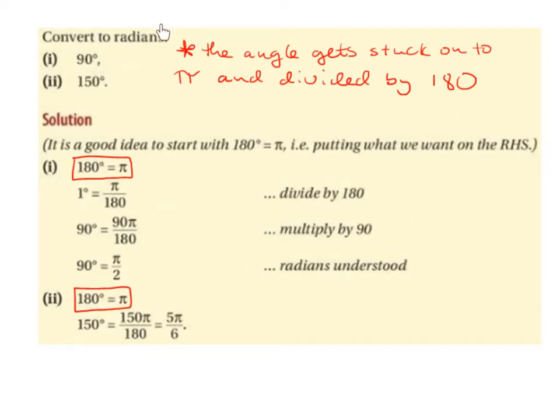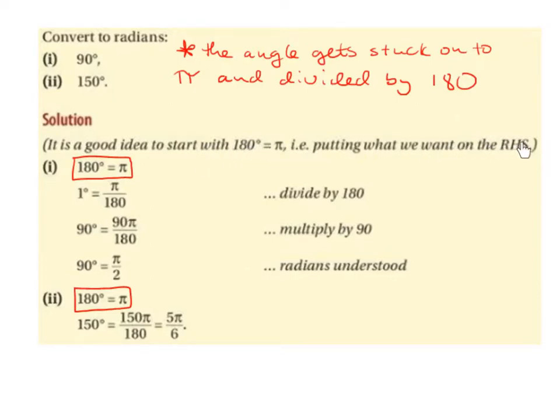Convert to radians, 90 degrees and 150 degrees. So the rule is, the angle gets stuck onto pi and divided by 180. So these angles get stuck onto pi and divided by 180. So, solution. It's a good idea to start with 180 equals pi,